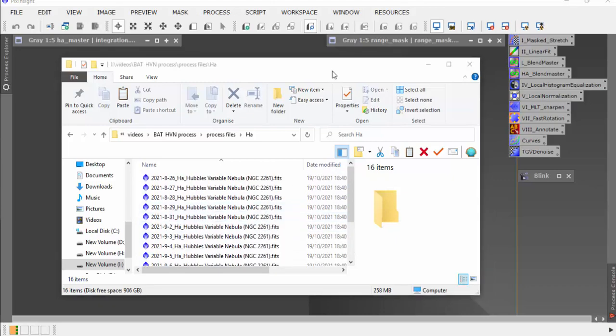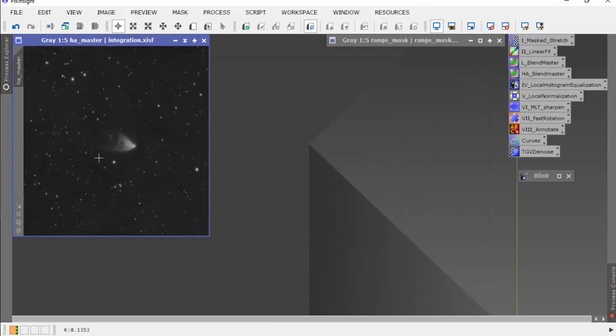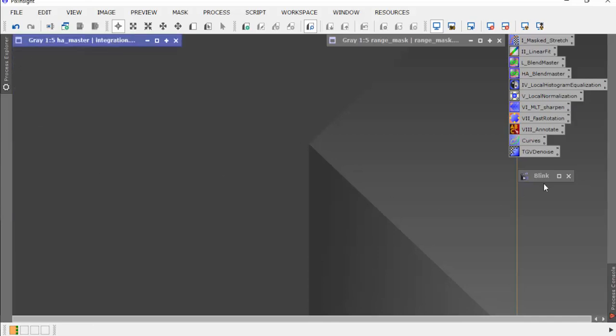So the question is, why do we need to follow this process? Well, what we're doing here, we've got an image which is the Hubble Variable Nebula, and the idea is to reveal changes inside that nebula as the actual nebula is changing over time. What we don't want to see is the outside changing, and I'll show you an example of what I mean by this. If we load all the files that I previously showed you into our blink process,